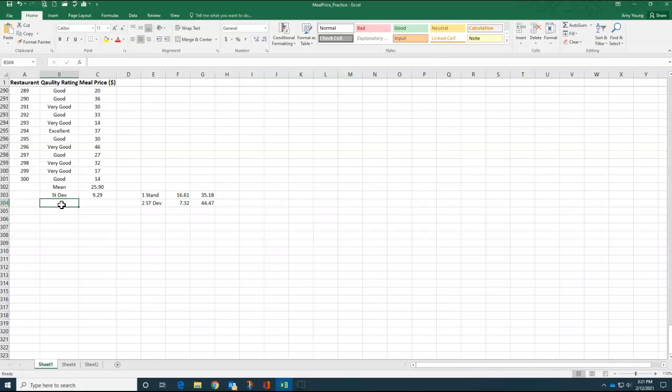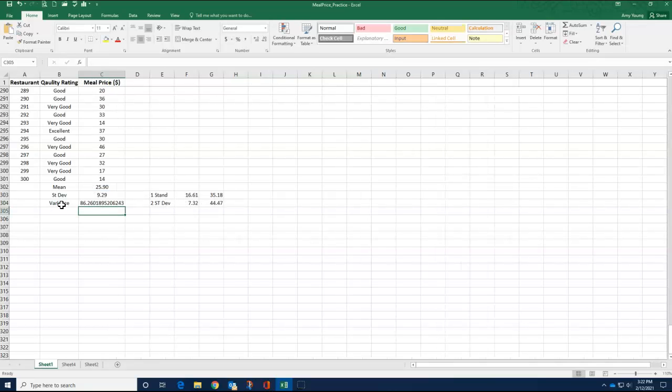If we want to find variance, by the way, this is the one time where we go backwards instead of finding the variance first and then finding the standard deviation. On this, we're just going to take this particular cell, that's our standard deviation, and we are going to square it. You want to do shift and the 6, it's going to give you that little caret guy, and then do a 2 for squaring, and then we have our variance. Again, that's a horrible number, so let's just put that as an actual number, and our variance is